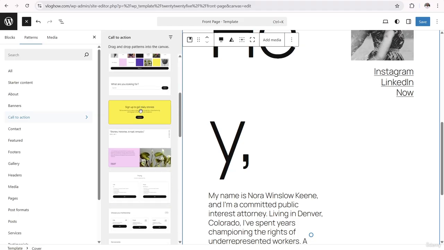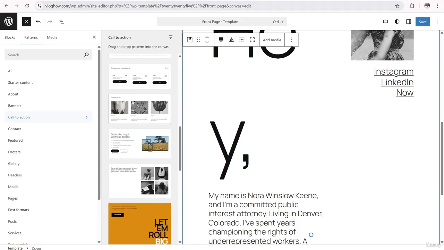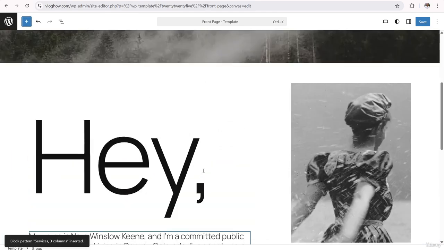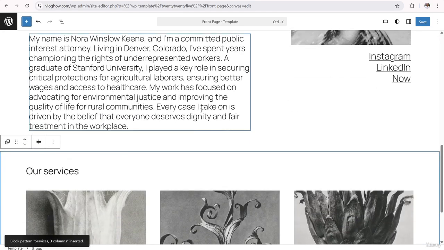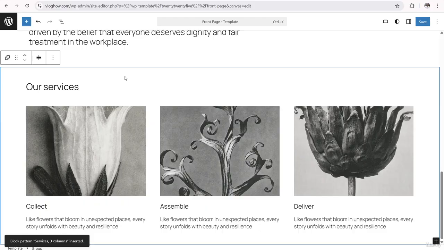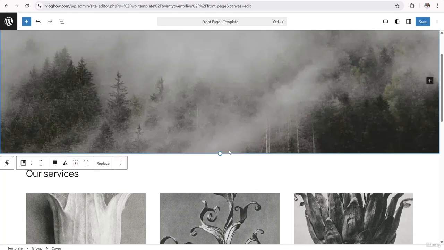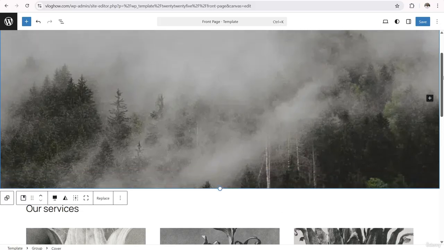And I'll go ahead and add in, we'll say this one right there. There we go. Okay. So we have this section right there, this section right here, this section right there. If you want to move any section around, you click on it. Then you have little arrows right there, and then you can move things around. And so this is why people like the full site editor, because this is how you edit and adjust your